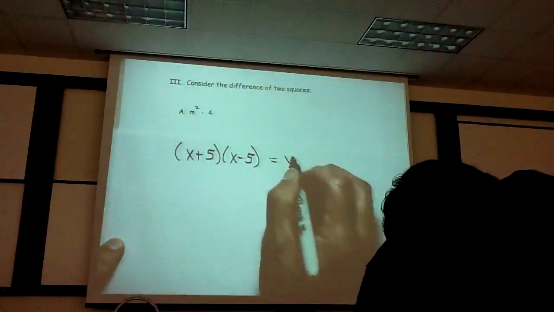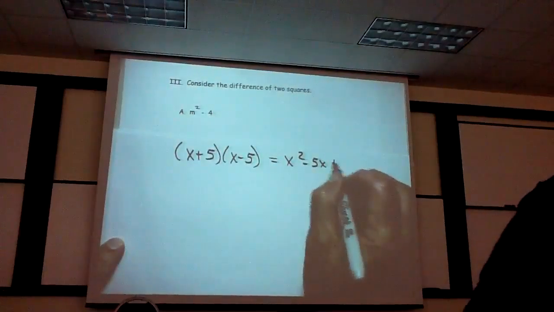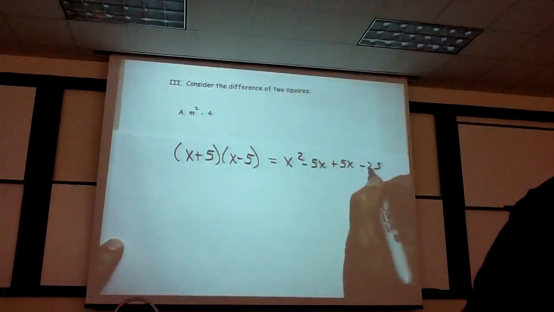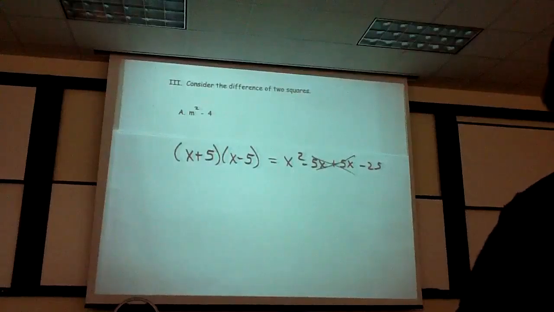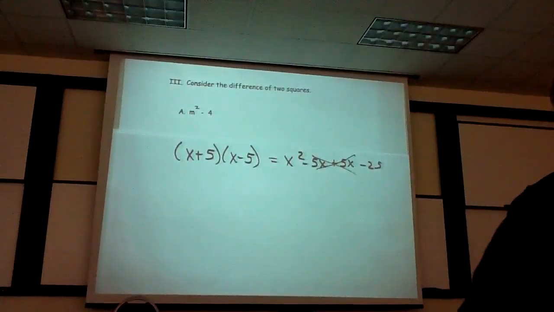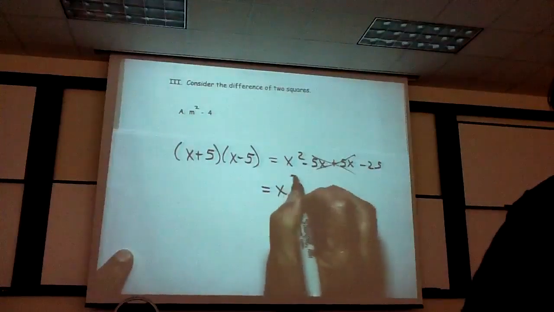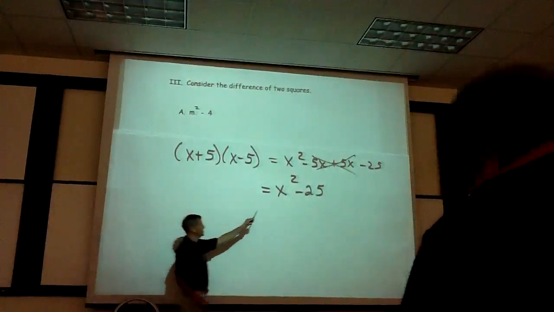It's x squared minus 5x plus 5x. Oh, opposite. Oh, minus 25. So the O and the I, just like in the multiplication of conjugates, are out of there. And I get what we commonly call the difference